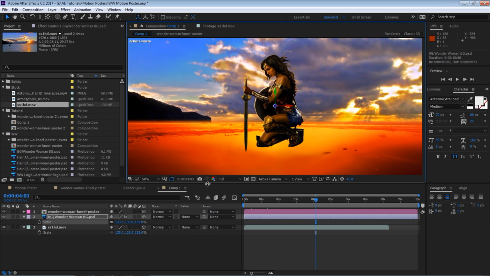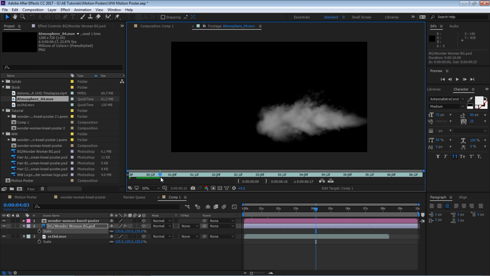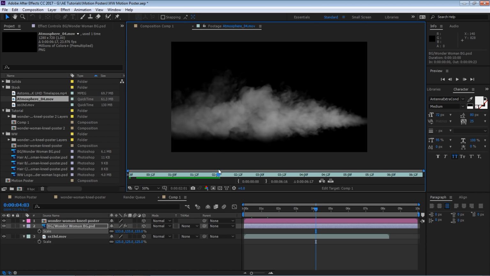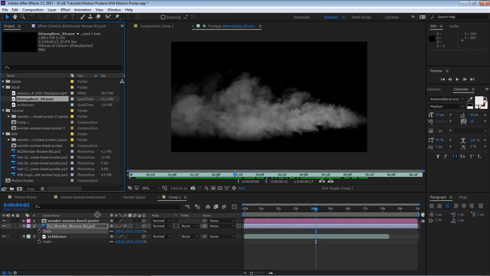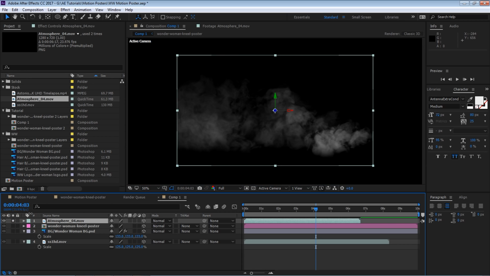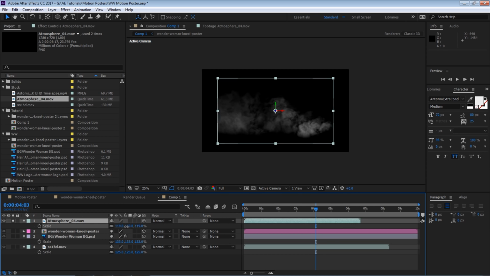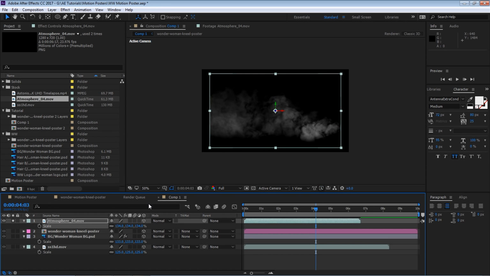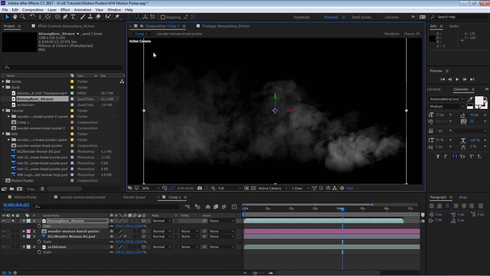Now we can add more elements. We have this atmosphere element from Video Copilot. So let's add this in. Let's put it in, make it a 3D layer. Let's solo it for now. I want to show you a couple things. One, it's a little bit smaller, but it's not a problem. We can scale it up. But we have a problem that it cuts at the edges. And in order to hide that it's cutting off right here, what I like to do is I like to